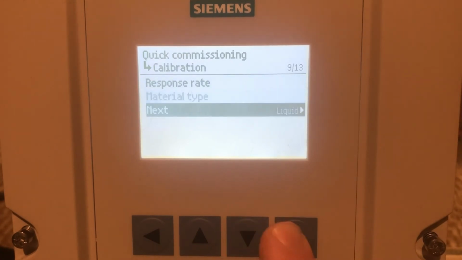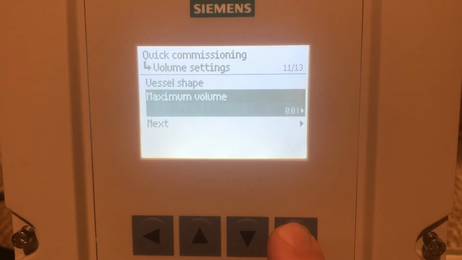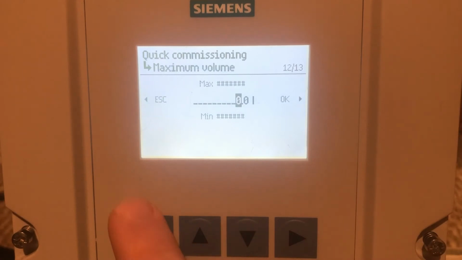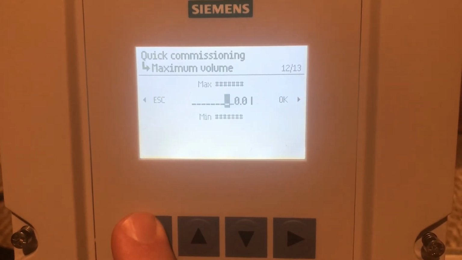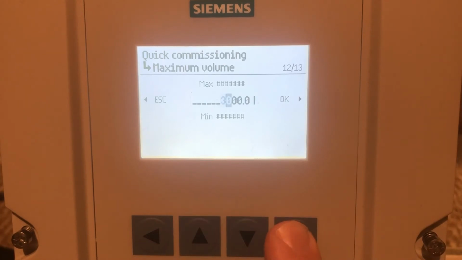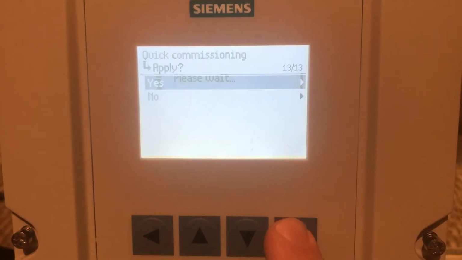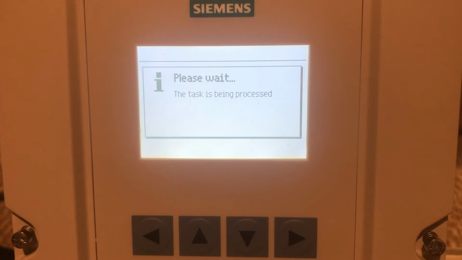It's a liquid application, and it is a linear vessel, 1 square meter profile, and at max volume it is 3,000 liters. So we're going to finish up our operation quick start,